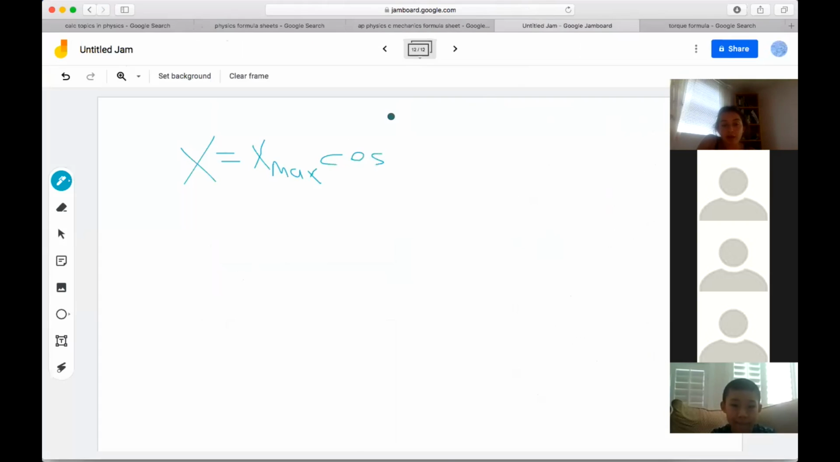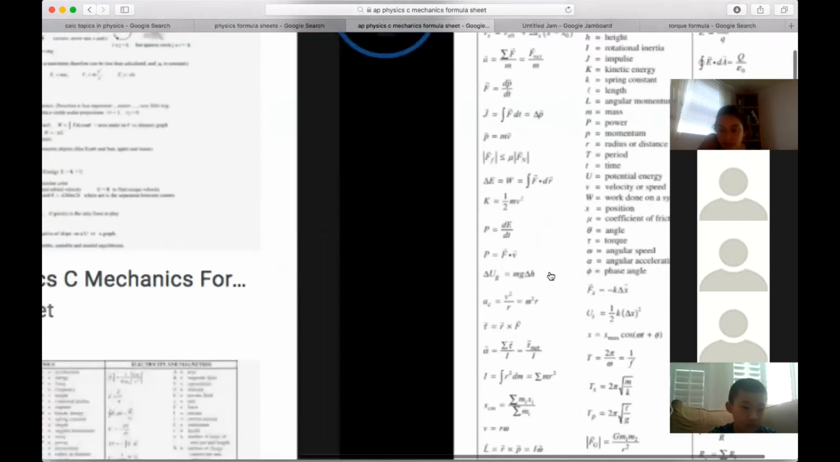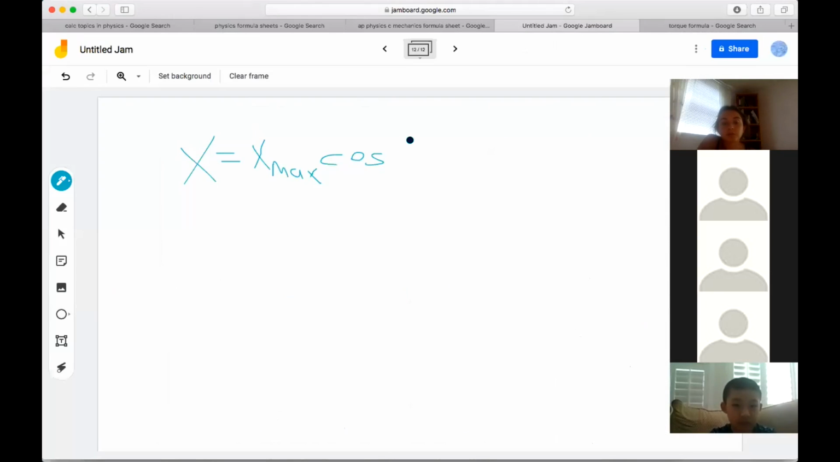So let's say for now we have x equals x max cosine of wt. And as you remember before, w is really angular speed, because this is all angular. So you're going to want to take the derivative of this to find the velocity. In here, we're going to have to take the derivative of this. So wt, this w is just a number, and the t is a variable. So in this case, you're going to have to get rid of the t and make it a w. So it would be